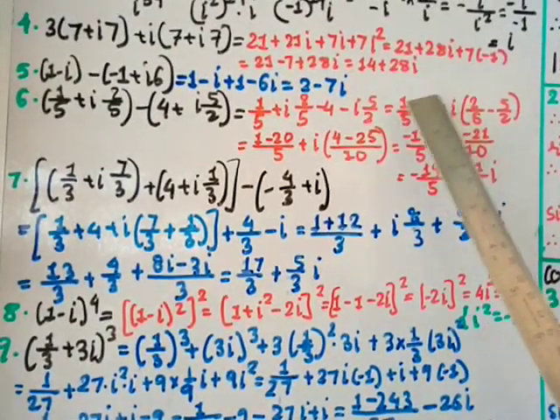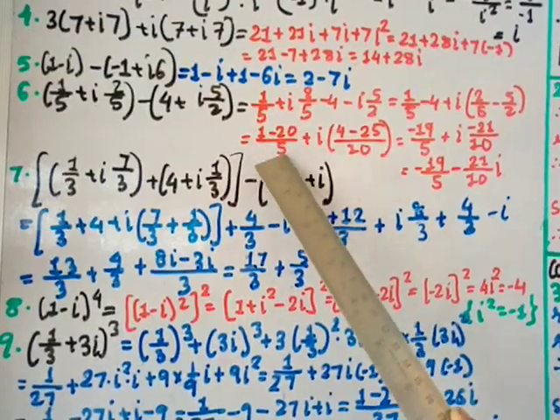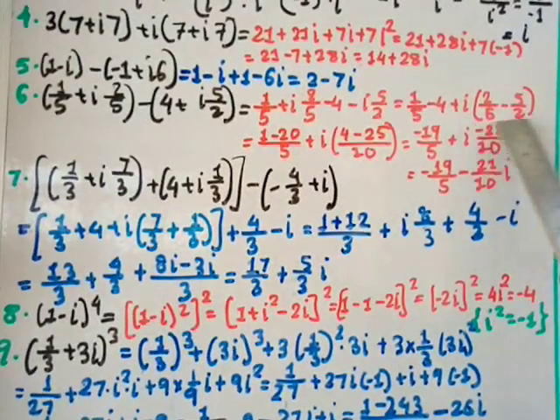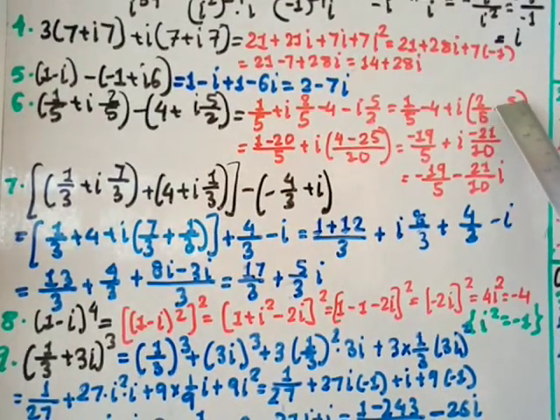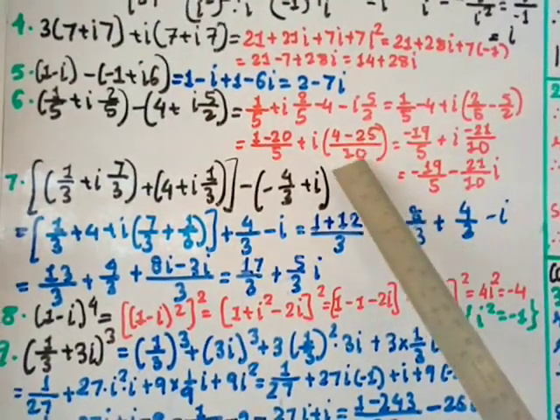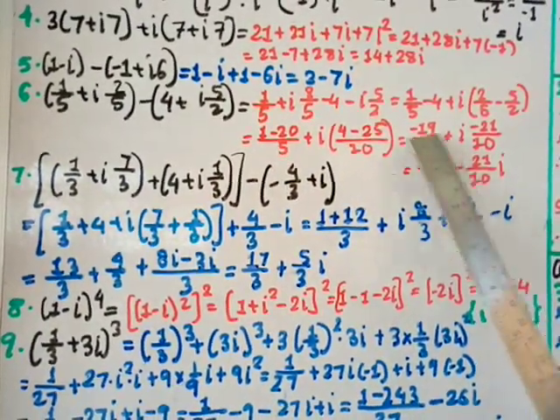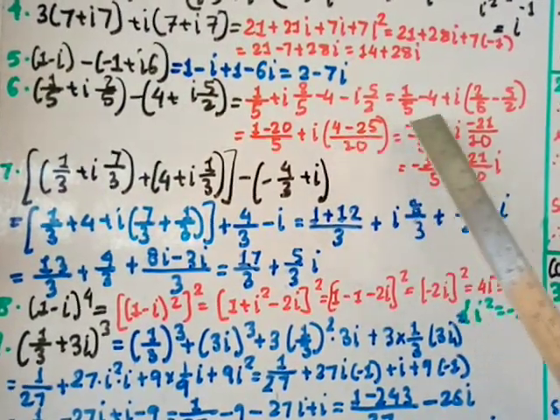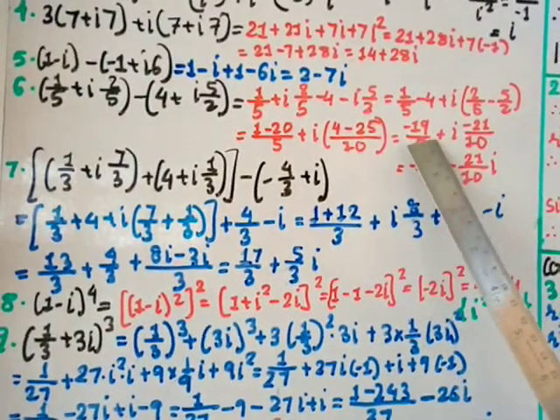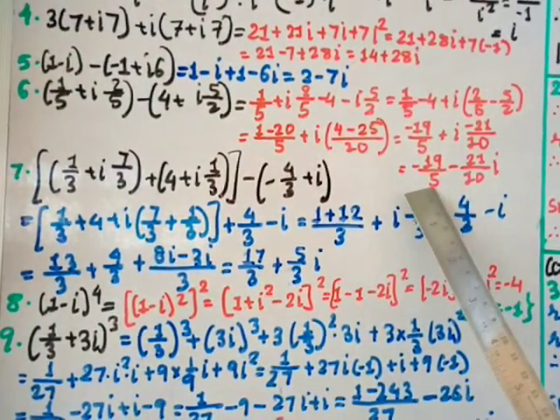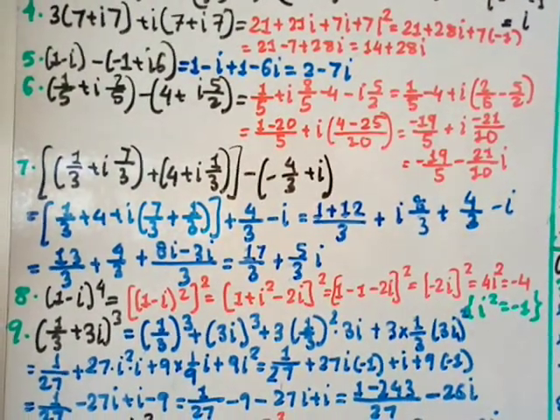Okay, I am taking the LCM here, so take LCM 5. So 1 minus 5 into 4 is 20. So 1 minus 20 by 5 plus this i, here the LCM is 10. So you multiply by 2, so 2 into 2 is 4, minus here multiply by 5, so 5 into 5 is 25, divided by the LCM 10. 1 minus 20 is minus 19, divided by 5, plus this i, 4 minus 25 is minus 21, divided by 10. So we can say that this can be written as minus 19 by 5 minus 21 by 10 into i. So that is the solution for question number 6.